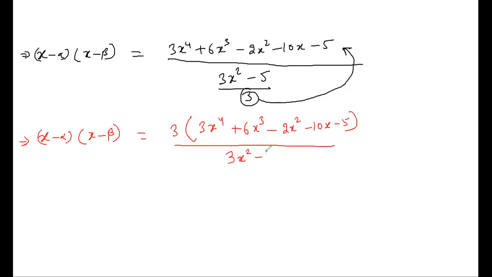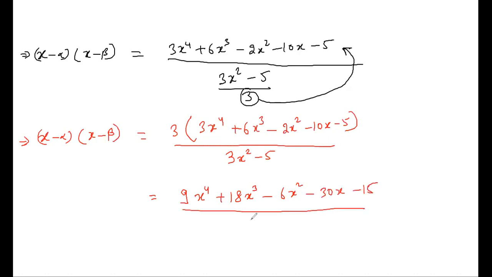3x square minus 5. So if you see the right hand side, it becomes 9x power 4 plus 18x cube minus 6x square minus 30x minus 15, upon 3x square minus 5. So now what I will do here, I have to just do the division first, right? So let's start working on division. So in the working of division, you can see